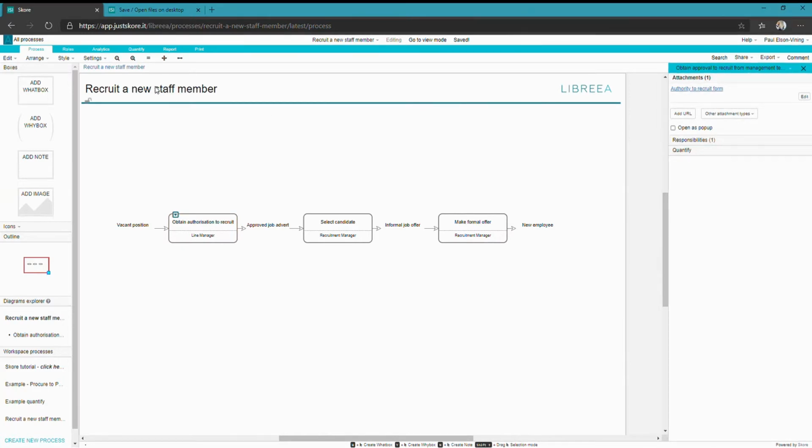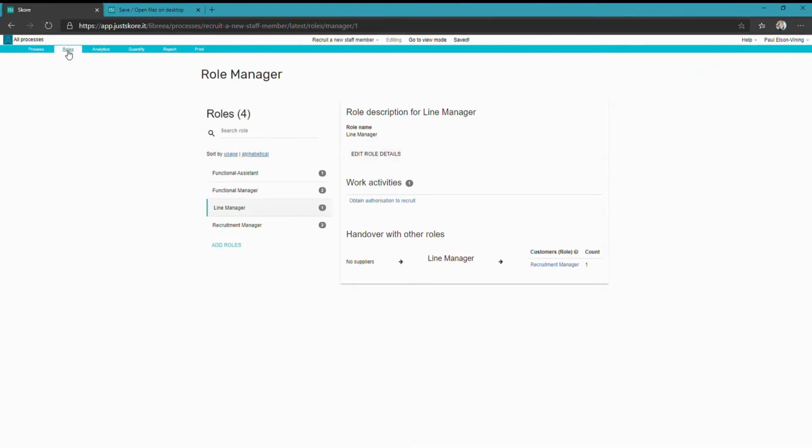So if I take a look at some of the other functions across the top here, and if I look at the roles, I can see actually how many job roles we've got and the actual names of them. So I've got a functional assistant, functional manager, a line manager. So I've got potentially a mismatch of job roles in here, so I can tidy that up, and a recruitment manager. We can also see across the bottom is who hands off. So in this case we've got a line manager that hands off to the recruitment manager at this top level, and if I come down a level,